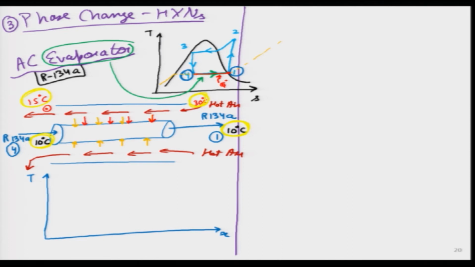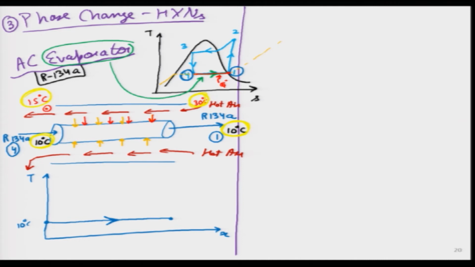Okay. Now, I will draw with the blue color R134A, because I am considering this cold. So, both temperatures are 10 degrees. This dot is at 10 degrees and at the exit also it is 10 degrees. So, I will put 10 degrees here and just connect them with a solid line. It is a horizontal line, throughout the temperature remains the same, 10 degrees.